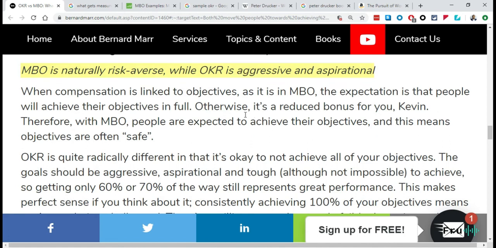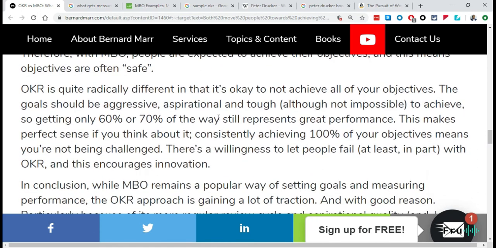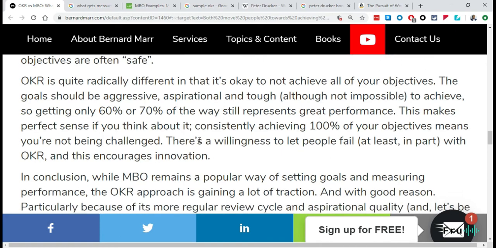compensation. So if you look at technology firms again, like Google, and companies that want to be innovative, that want to stretch the boundaries, that want to try new things, take risks, fail fast, wake up and keep going, OKR makes sense because it's aggressive and usually very aspirational in terms of what people come up with as their objectives and the key results they want to use for that.